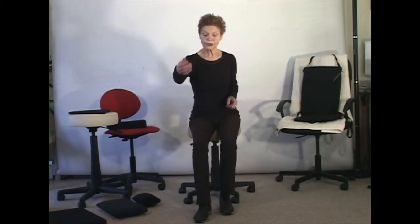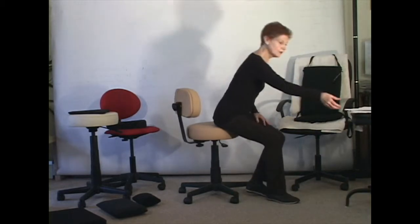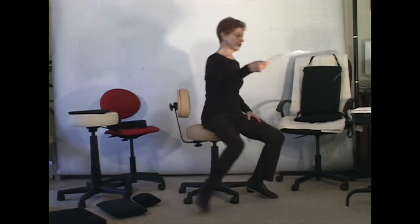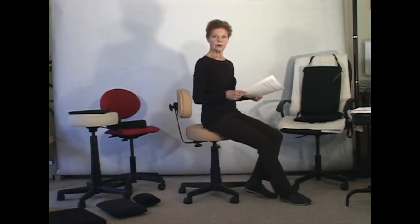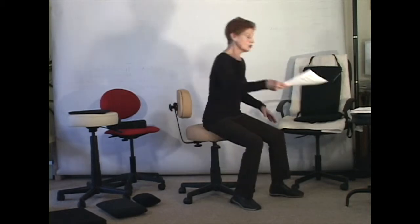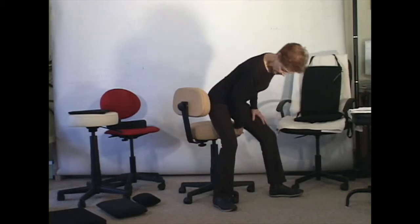I need to go forward. I bring my foot forward. I bring my foot to the right. I bring my foot forward. I bring my foot to the left. Okay? So your base of support then